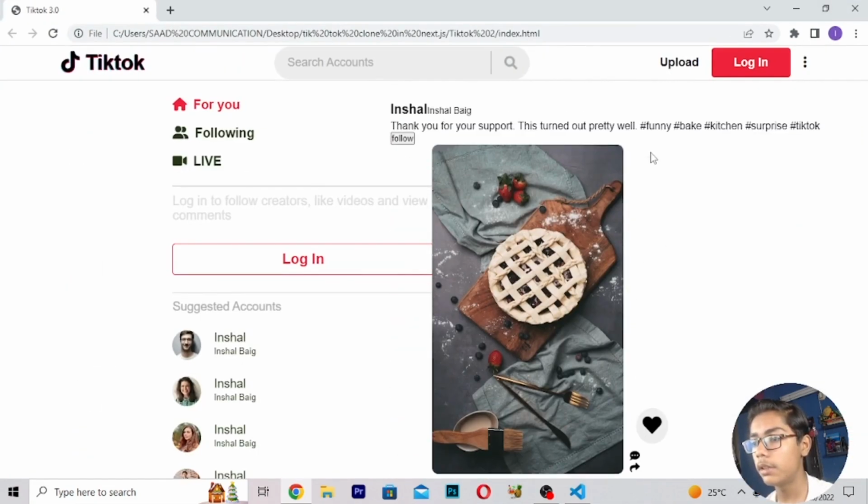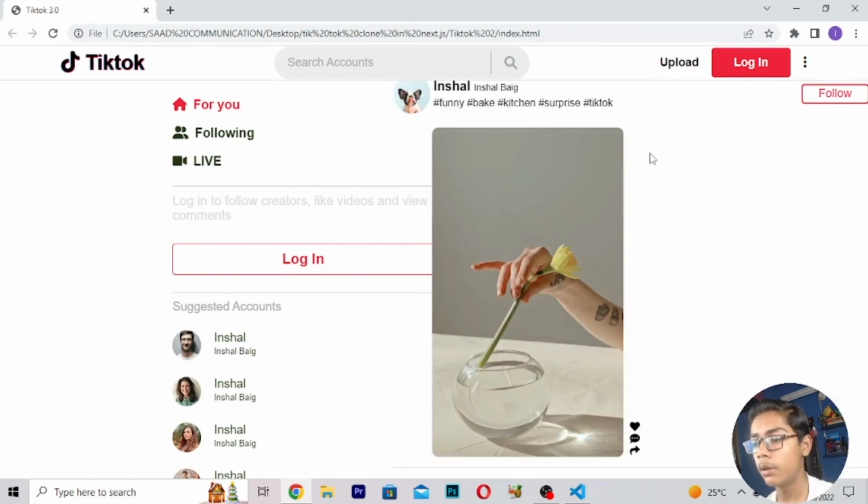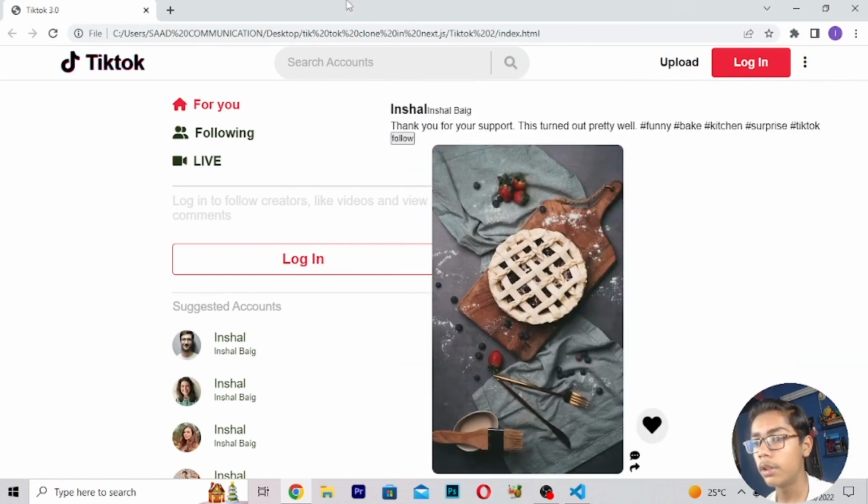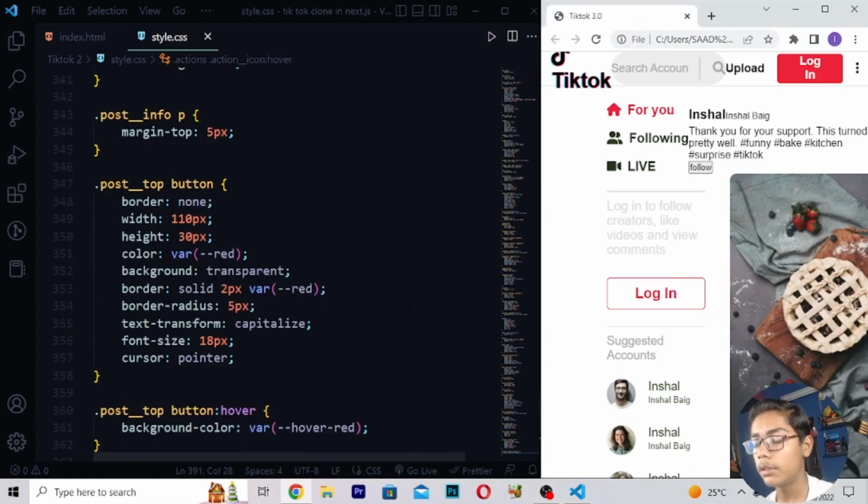But one thing is not good: we are getting one follow button which is not styled, but we are getting all these things perfectly good. So now when you've written all these things, we have to check what the problem is. So I will be moving in this file. Then we have to check whether things are perfect or not.